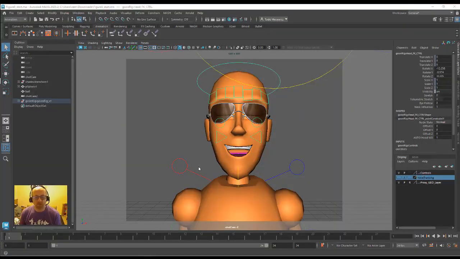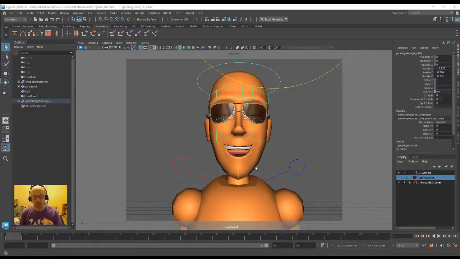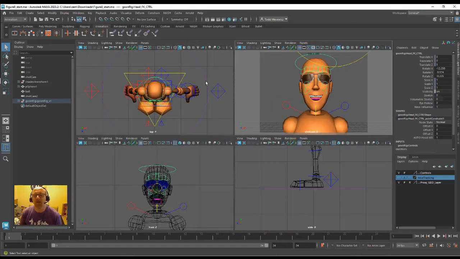Hello everyone, this is a quick overview of the model named Goon and some of his control schemes. In the file called start, figure 8 start.ma, this one right here, if you open this, it'll open with Goon and you're looking out of a camera view. If you just hit the space bar here and switch over to a perspective view,